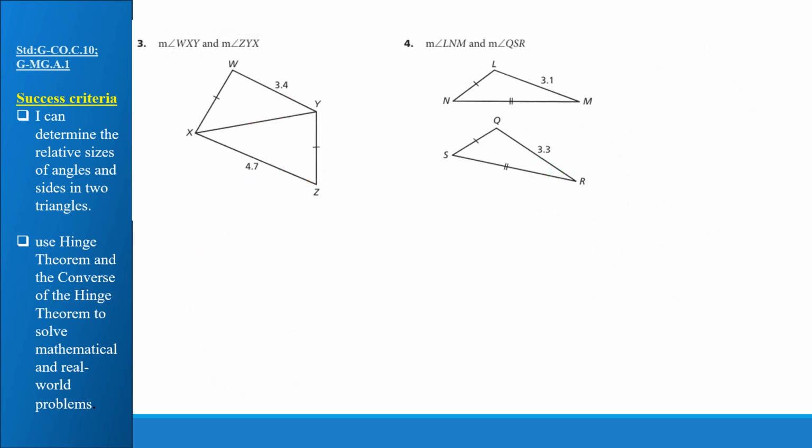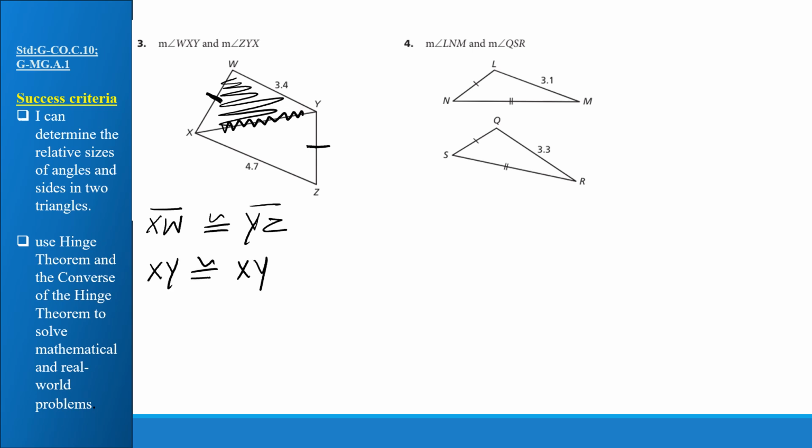Okay, so this triangle which I am coloring with black is one triangle. Let's see that XW has one dash. It is congruent to the other side, YZ, which has one dash. Now both the triangles are definitely sharing XY together, so this line is the same, so they are equal to each other. Now what angle are they saying? They are saying compare WXY